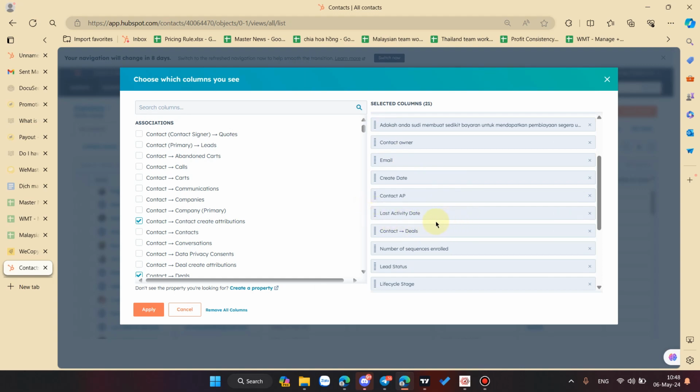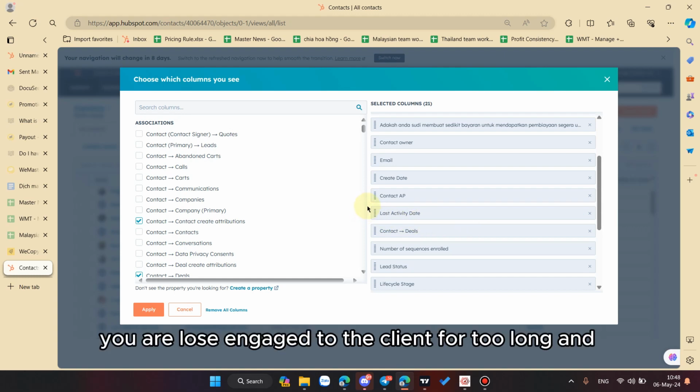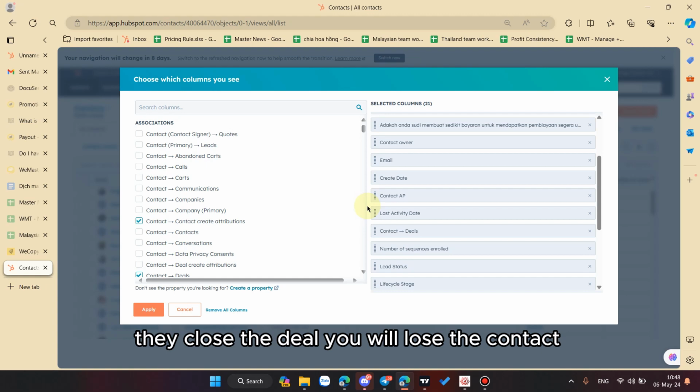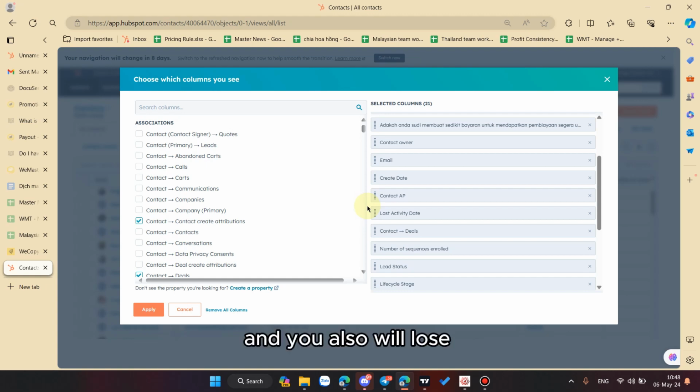If you lose engagement with the client for too long, and another sales member takes care of the client and closes the deal, you will lose the contact owner, you will lose that contact, and you will also lose the deal. So it is very important that you keep them engaged frequently. The best scenario is every day or every couple of days, you send them one email.